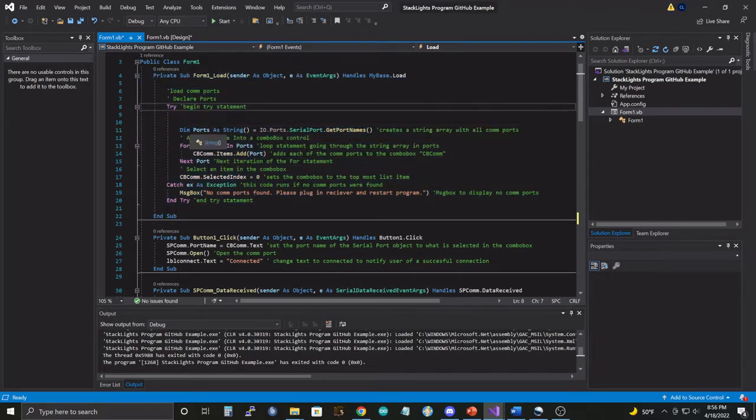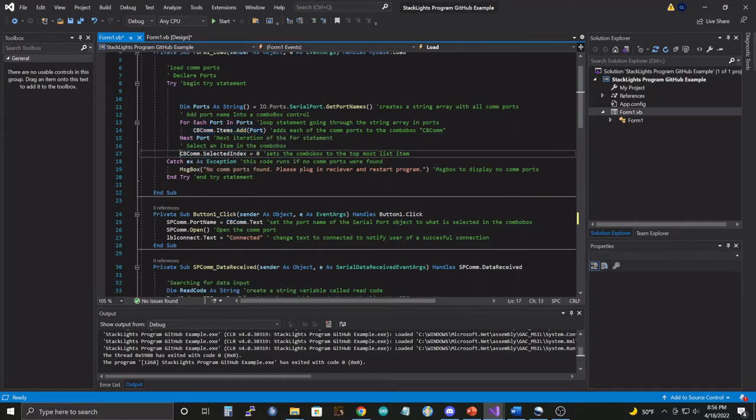So we have a try statement here, and all it's doing is declaring this variable array as a string for ports, looking through all of your ports and populating those into an array of strings, and then you're going to do a for loop through each of those strings on the port and add them to that combo box, which is right here. So you see combo box.items.add port. From there, the combo box will be set to the selected index of 0 or the very top,